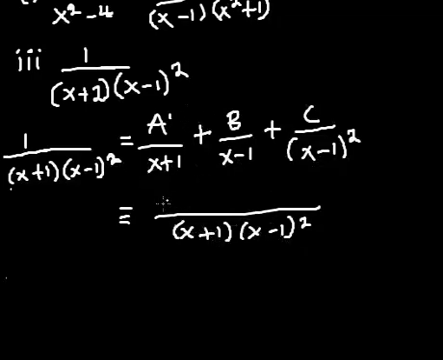Then I'm now having a multiplied by s minus 1 all square, then plus, go to this b, s minus 1 divided by s minus 1 square, I have just s minus 1, and the s plus 1. So I'm having x plus 1